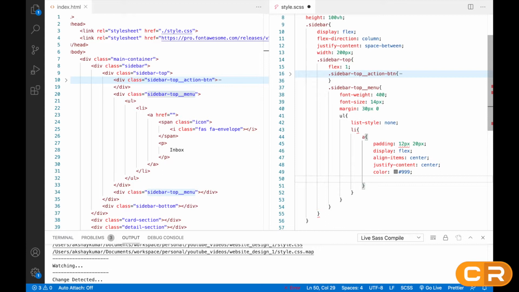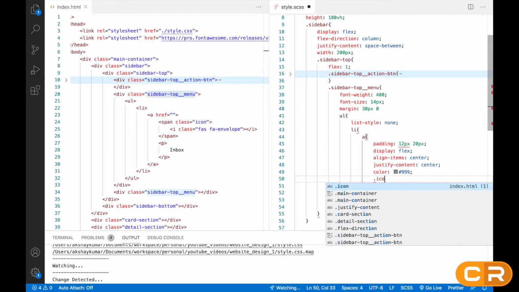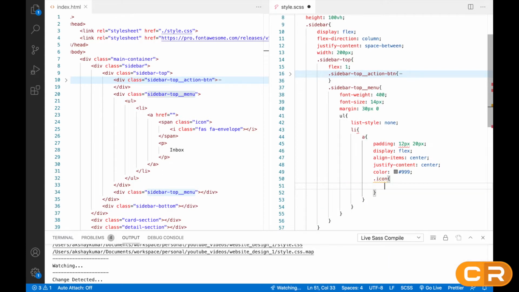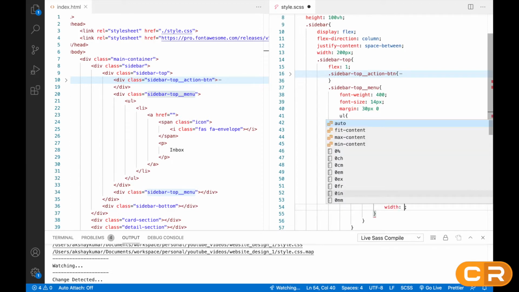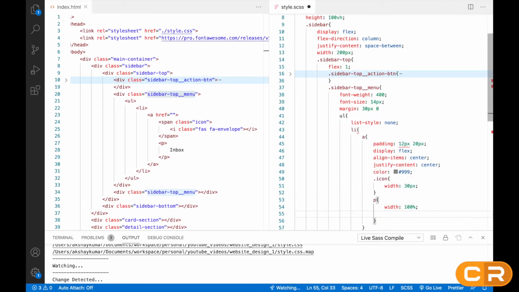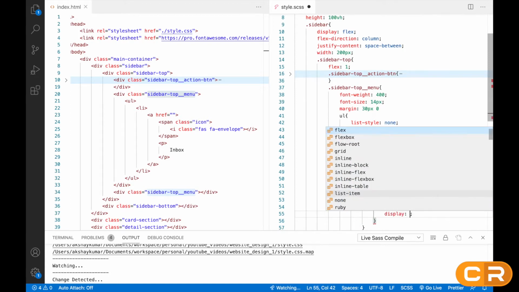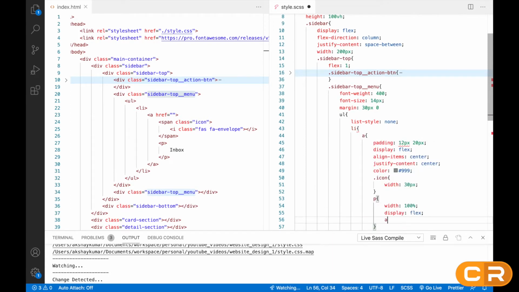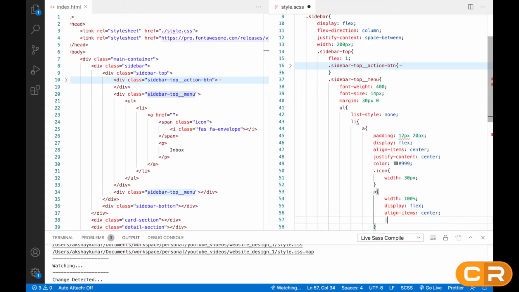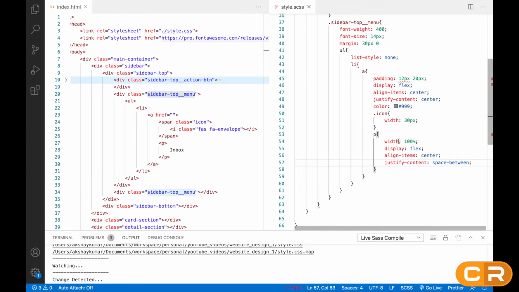Inside this A, we'll give icon also, and we'll give width 30 px. So after this icon, we'll write P tag, and here also we'll give width 100%. Display flex. Align item center, and justify content space between. So this will look something like this.